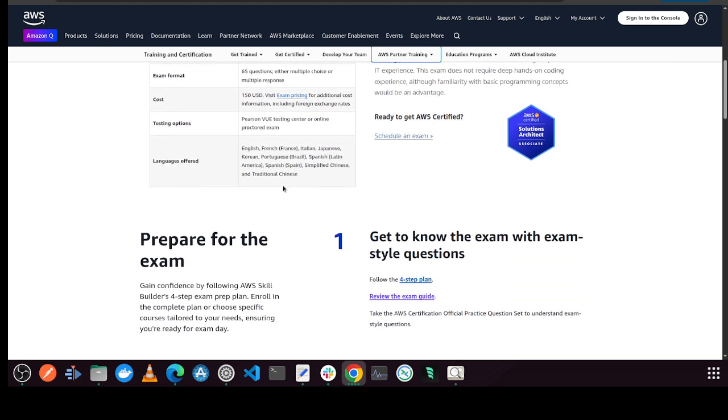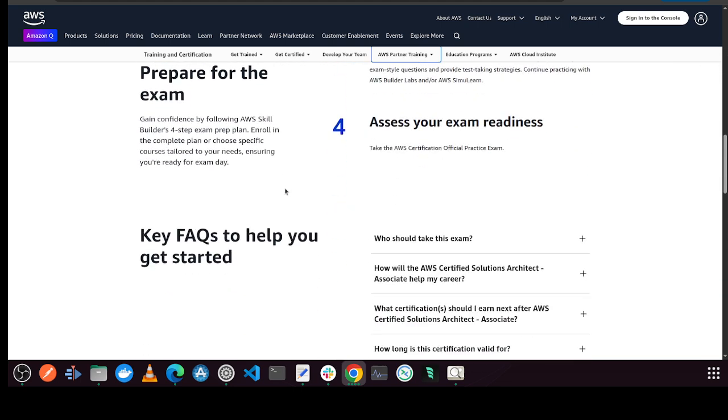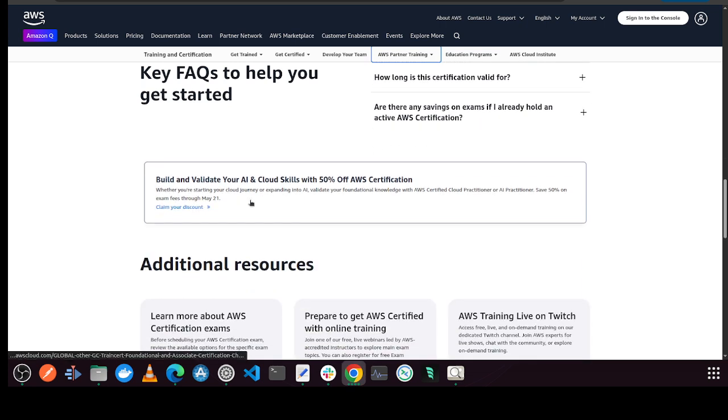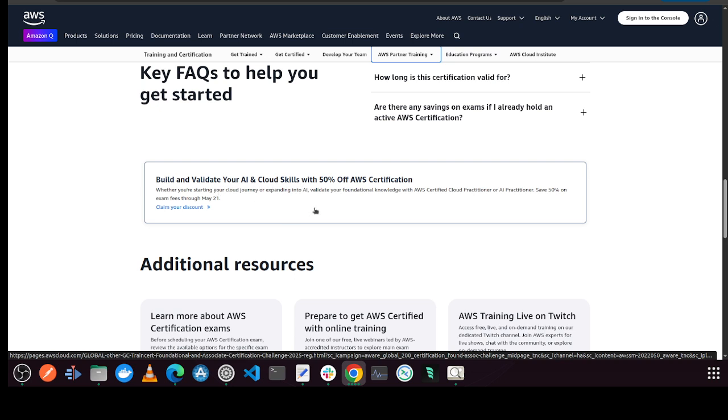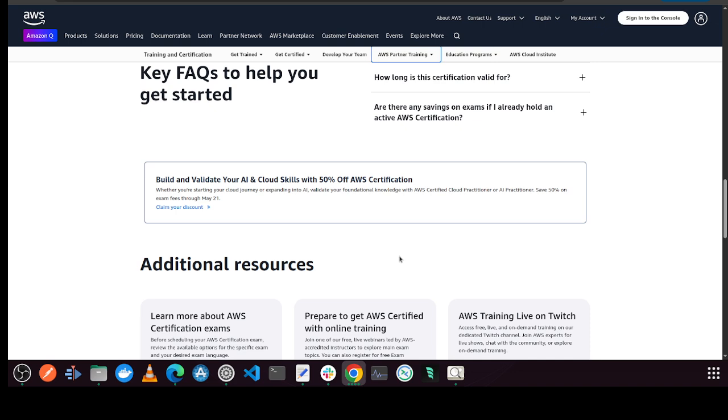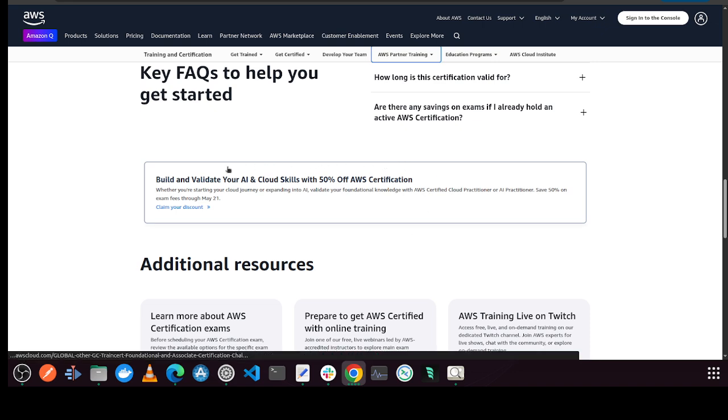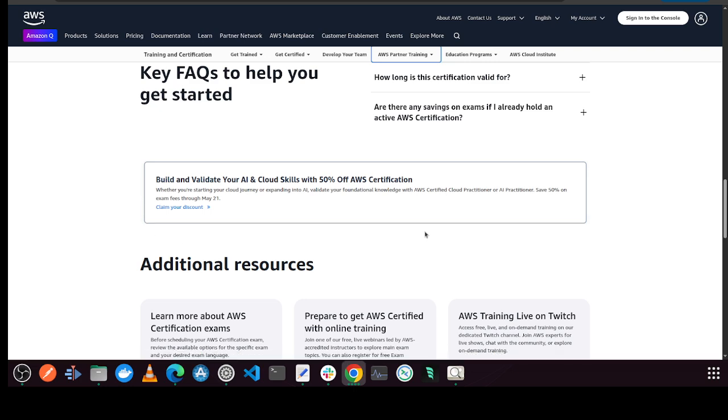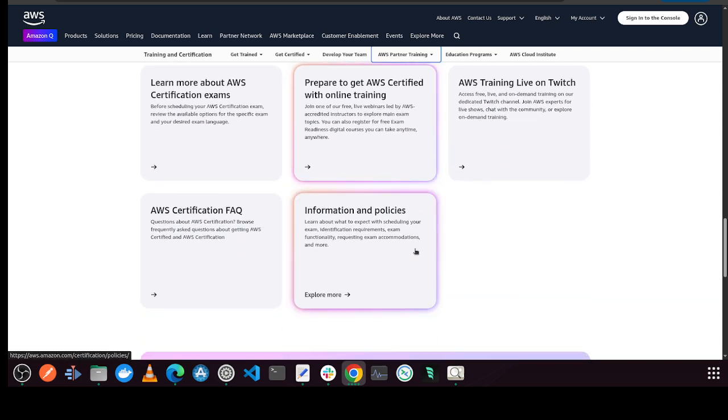It's in various languages. You can schedule the time, and this is the page where you can. Since I had passed the cloud practitioner, I got a 50% off discount, so it's $150. I got it at 75. That's roughly 270,000 Uganda shillings. And then when you add the test center, that's what I paid at Pearson via an addition of 80,000. That makes it a total of 350, which is still lower than the actual cost.